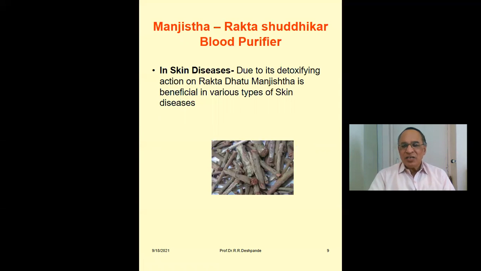Manjistha is a Rakta Shuddhikara; rakta means blood, so it is a blood purifier. In skin diseases, there is basically a problem of pitta prakopa, and the rakta dhatu is weak. The quality of rakta dhatu, rakta dhatu sarata, is very poor, and provoked pitta attacks the rakta dhatu. This is Dosha Dushya Sammurchana Janita Vyadhi: when provoked dosha attacks the body tissues, disease is created. Do you understand the pathogenesis?